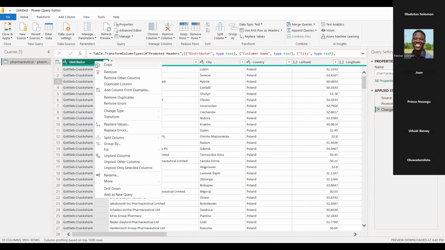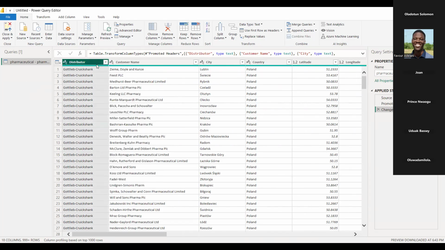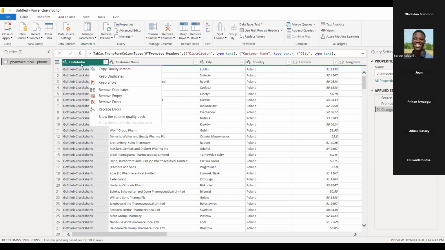Because whenever you load data into Power Query, to check if anything is wrong with the data, all you have to do is click on this green line underneath the column, and you would see if there are any blank columns or if there is any anomaly in the data itself.